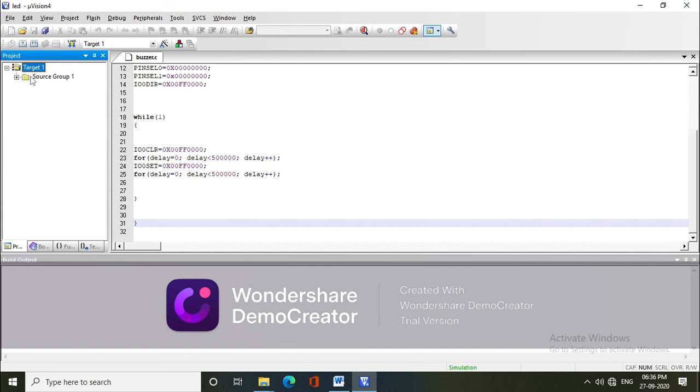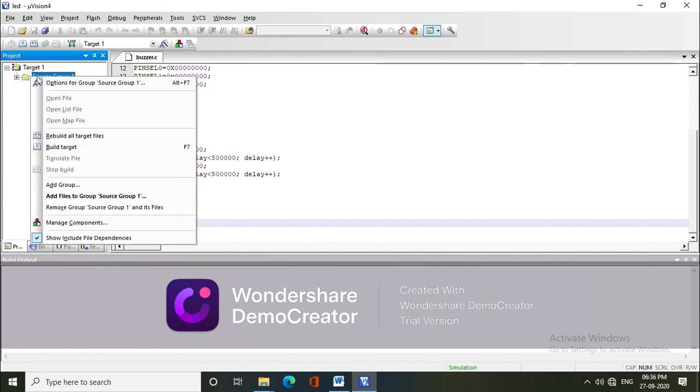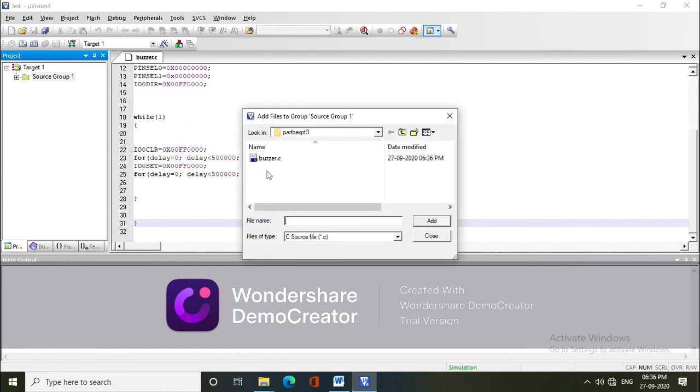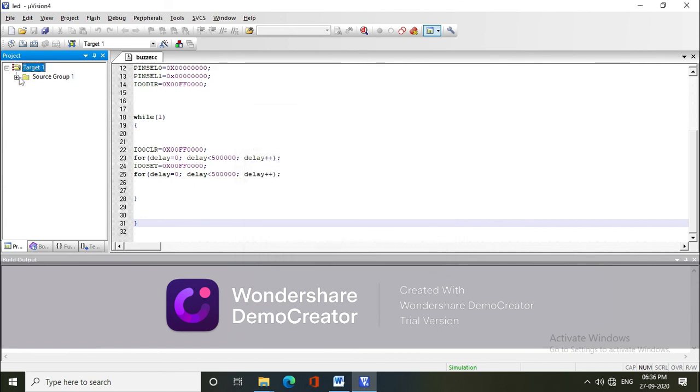After this we have to save the program using the file name. Here we are executing the buzzer program, so I will save it as buzzer.c. Once you save the program, click on your target, then you will find Source Group 1.